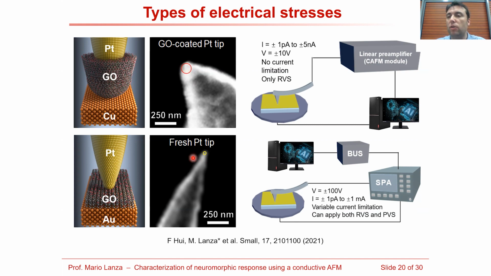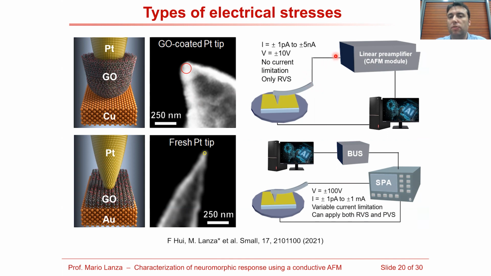We have also calculated the effective contact area between the tip and the sample using the Hertz model, and we have observed that here the contact area is 8 nanometers square, and here is 50 nanometers square. And then here there is the really good innovation of this project, which is we have used a standard conductive atomic force microscope to measure electrical properties of these material systems.